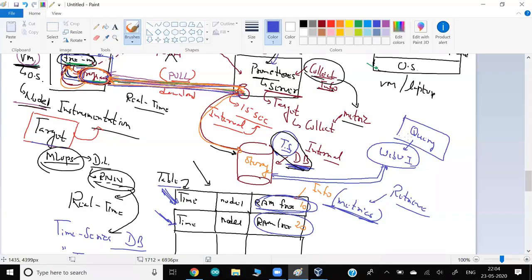Guys, if anybody works on any database, normally we use the SQL query language there. Prometheus has its own language. This is called PromQL, Prometheus Query Language. Using this language, we can query and ask, because they are fetching in real time. So I can ask Prometheus, can you tell me what is the current utilization of node 1? Because they fetch in real time, they tell you, yes, this is the current utilization of node 1. Or can you tell me right now whether node 1 is shut down or started? So they can tell me.